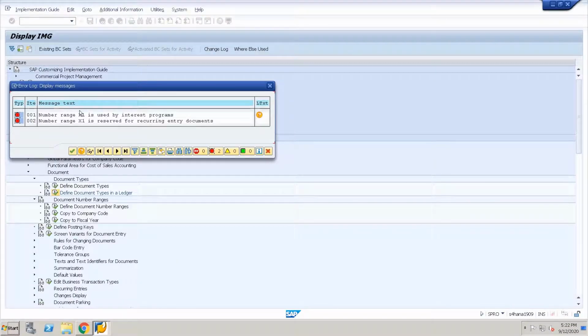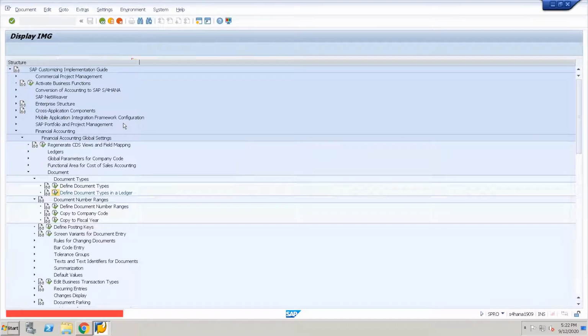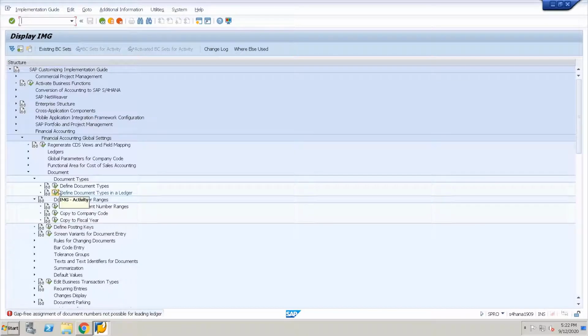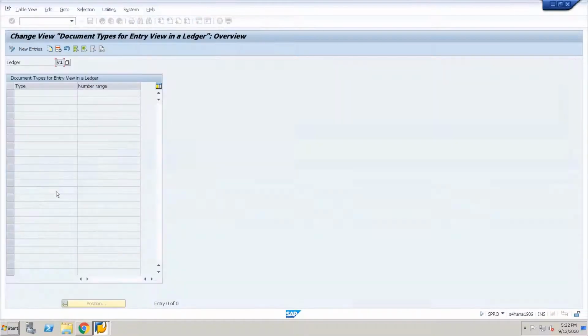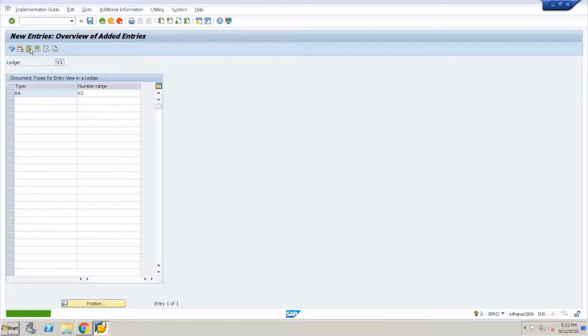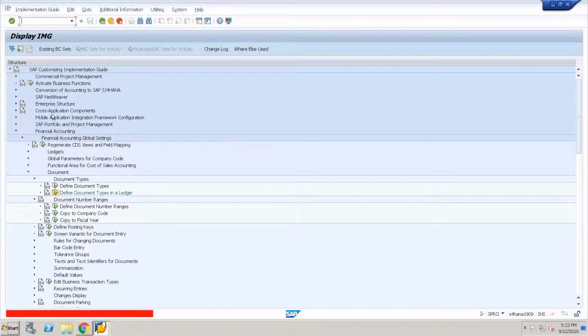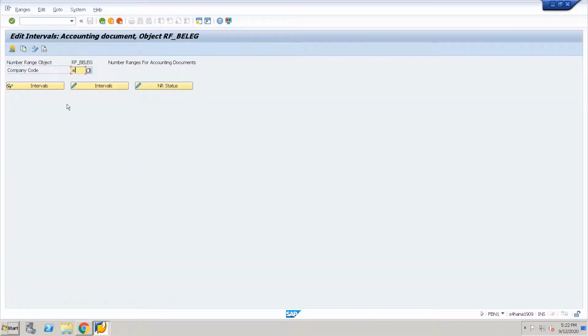Okay, it says the number range X1 is used by interest programs, so we cannot use this. Fine. So let me check if we can assign X2. I doubt. Okay, it is just for sample documents, right? So let me create a new number range.